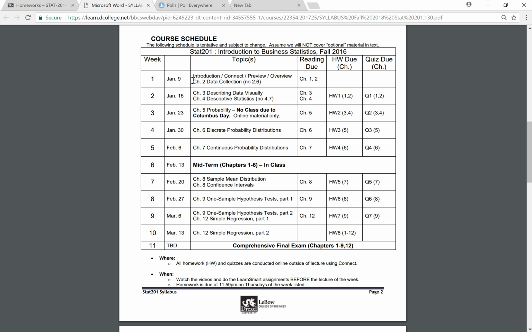Week 1, we're going to talk about chapters 1 and 2, just data collection and kind of the big picture statistics. Next week we're going to talk about visual statistics, or looking at graphs and charts, and descriptive statistics. Week 3 is